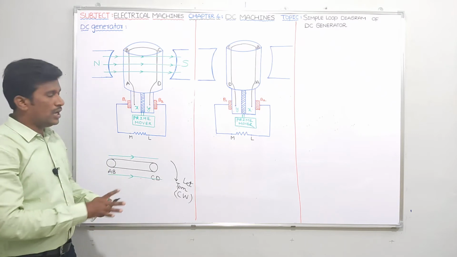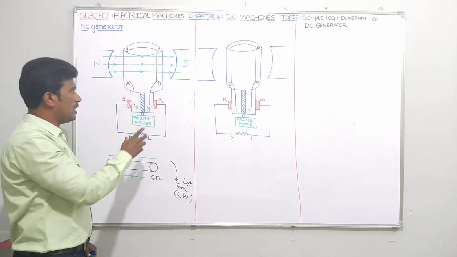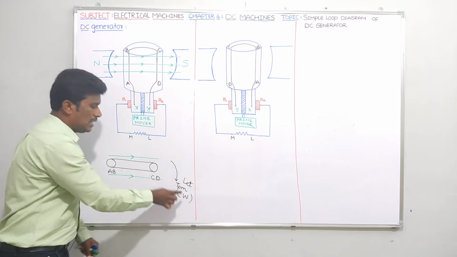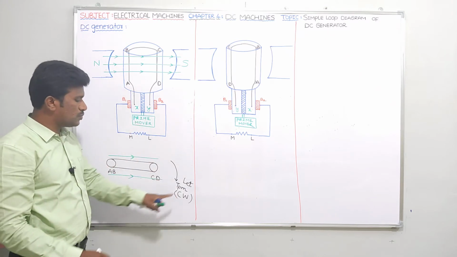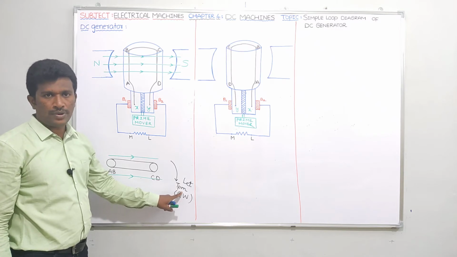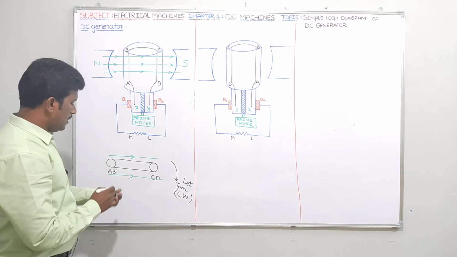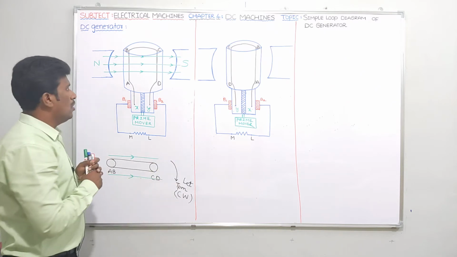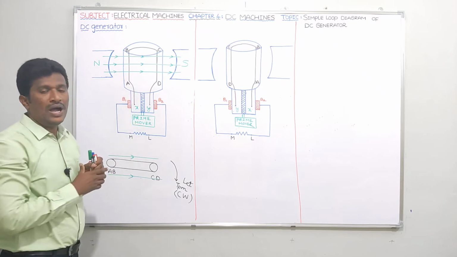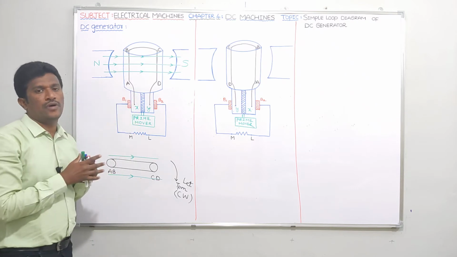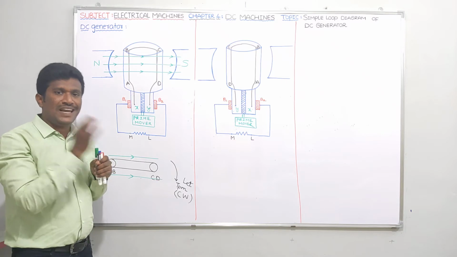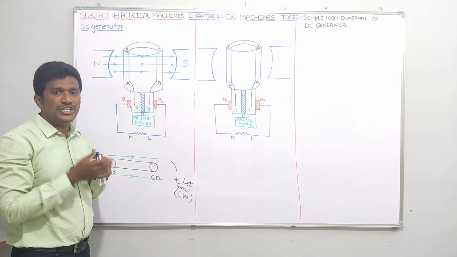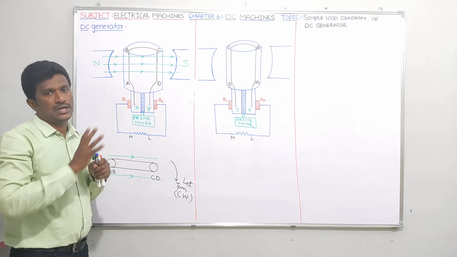Let us assume that we are rotating a conductor, the armature winding which is placed in the rotor, by using a prime mover in clockwise direction. It's an assumption only. TPM is what? Prime mover torque. Now see, since I am rotating in clockwise direction, tell me at AB what might be the tangential direction for the motion of the conductor. And similarly tell me at CD what might be the tangential direction of motion of the conductor.